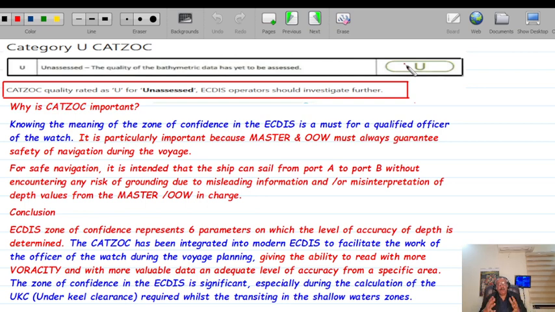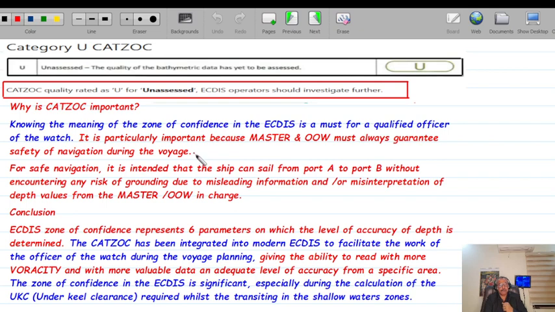Now, coming to the point, as I've already mentioned in my previous slides, why is CATZOC important? And that's what we'll see. First, I'll read through it, then we'll talk about it. Knowing the meaning of the zone of confidence in ECDIS is a must for a qualified officer of the watch. It is particularly important because the master and the OOW must always guarantee safety of navigation during the voyage or